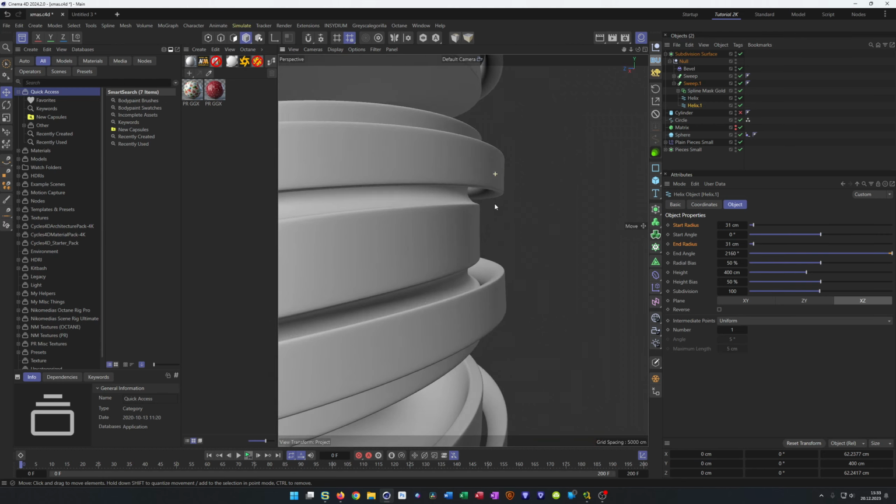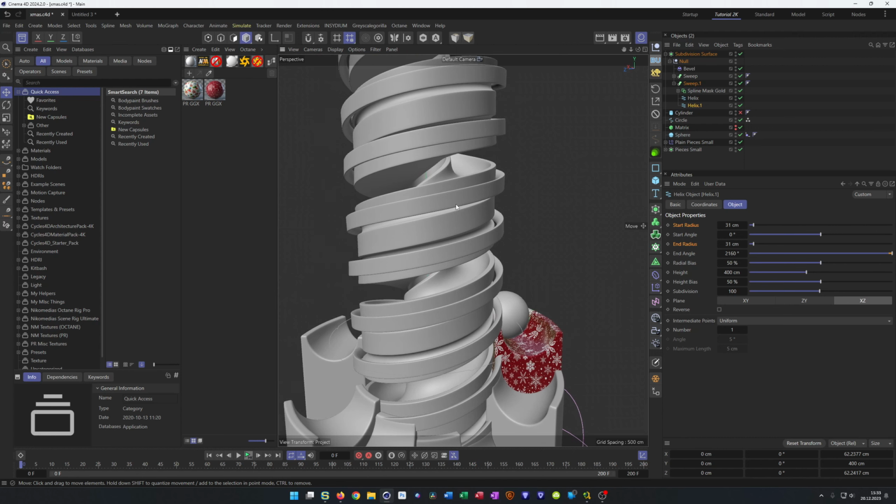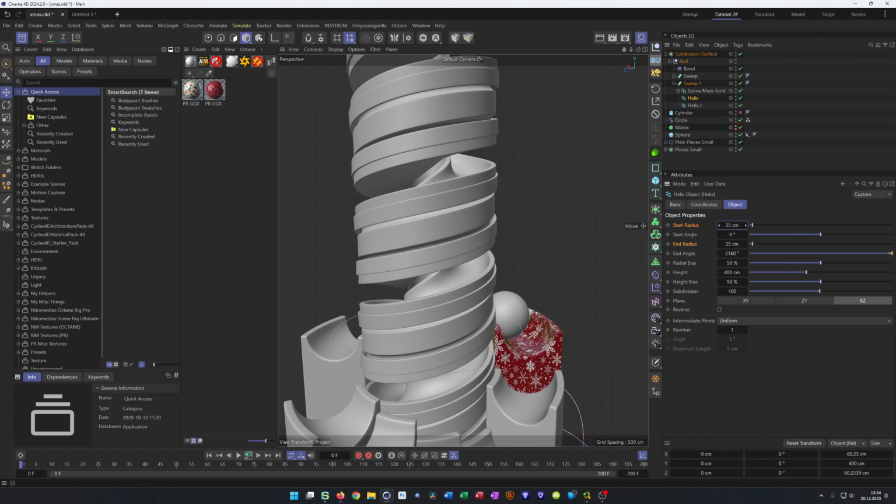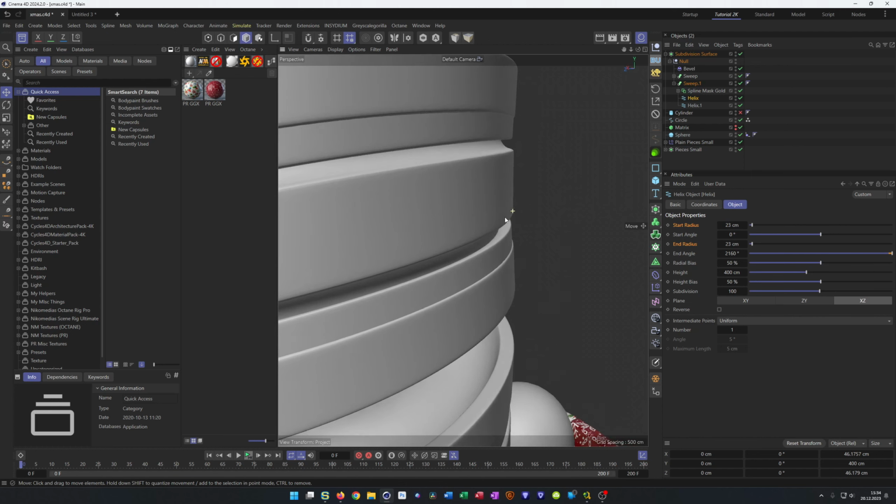It would be in the same place, but I'm not entirely sure. Do I have to make this helix smaller? Normally this should work. It should be exactly, it is exactly the same, but